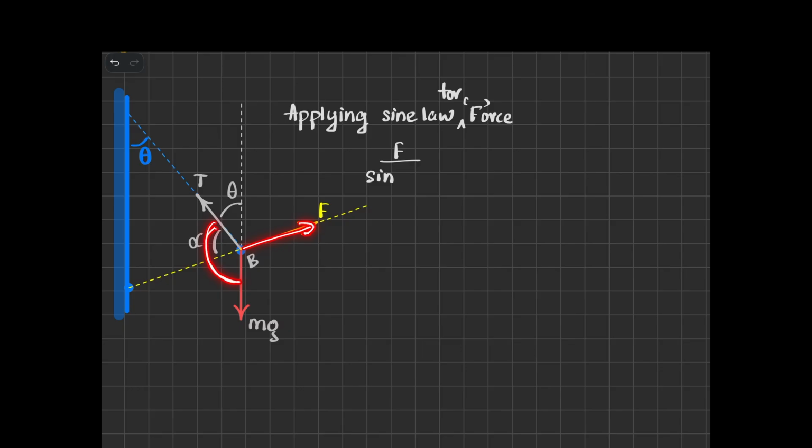Here this is theta, right? If this angle is theta and this is also vertical, then this angle will also be theta. So this remaining angle, I can say, is 180 minus theta. So I am writing F by sine 180 degree minus theta